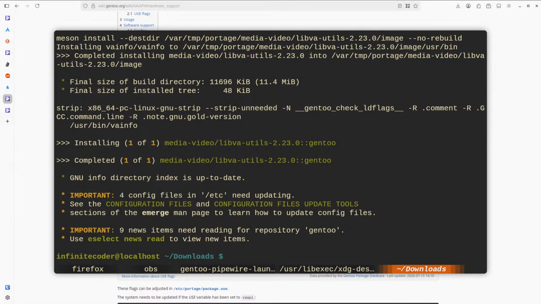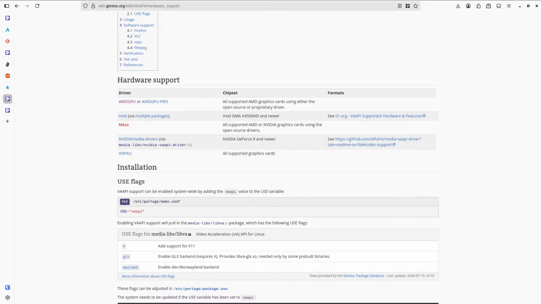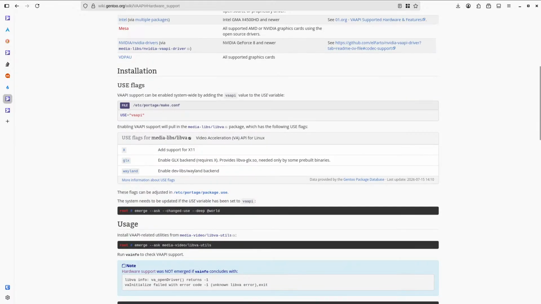So that built, 4 config files and its C needs updating. News read. Also, yeah, Gentoo has a news thingy. Hopefully the stream is still running fine. Yeah, 10 FPS. I'm sorry, guys. I am sorry.